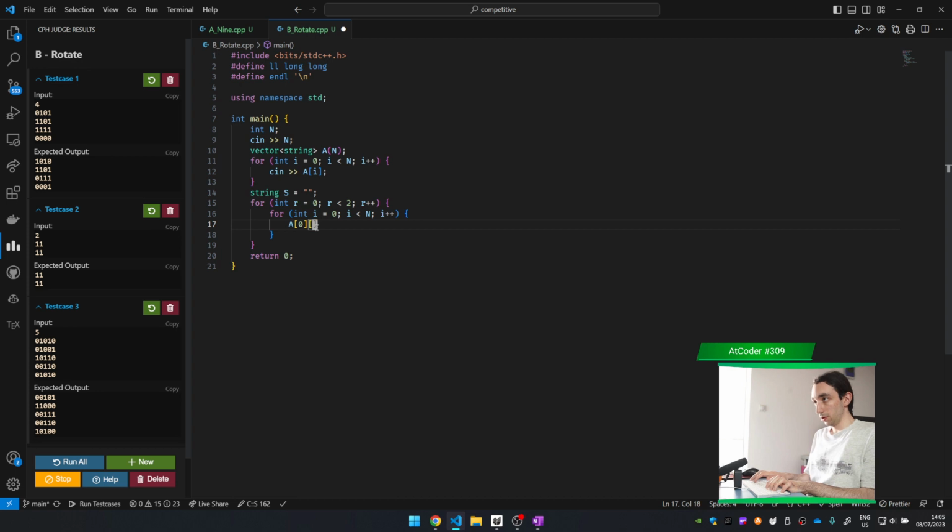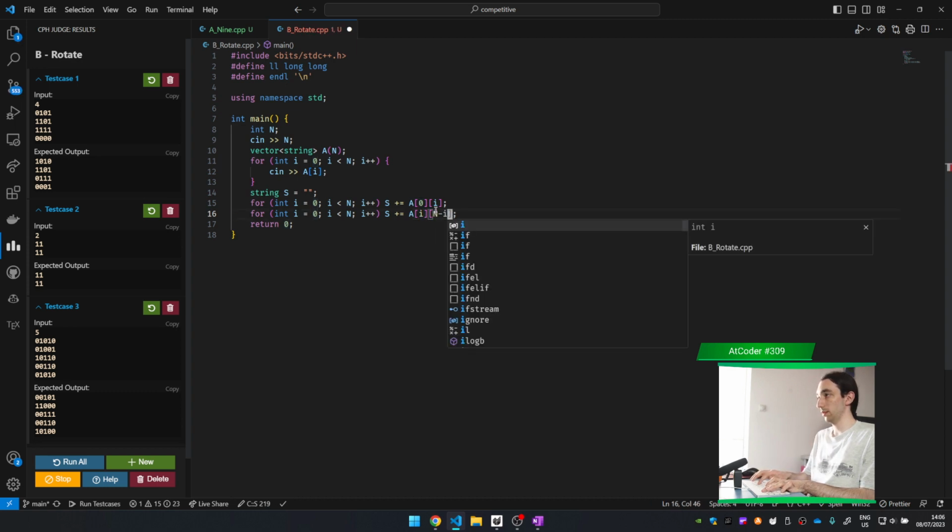So the first row and then the ith column should be added to s. And then, or maybe without this for loop, maybe a little bit better like this. So the first row is added here, then it's added n-1,